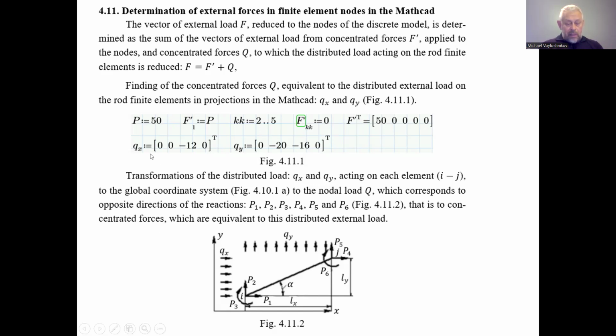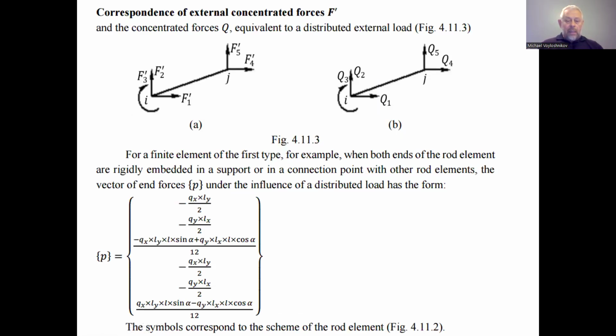But these are the vectors of the distributed load which correspond to the elements of the mechanical system, not to the nodes, but to the elements, and the nodes are just beside the element, and the elements are the rods between the nodes. And this is on the figure